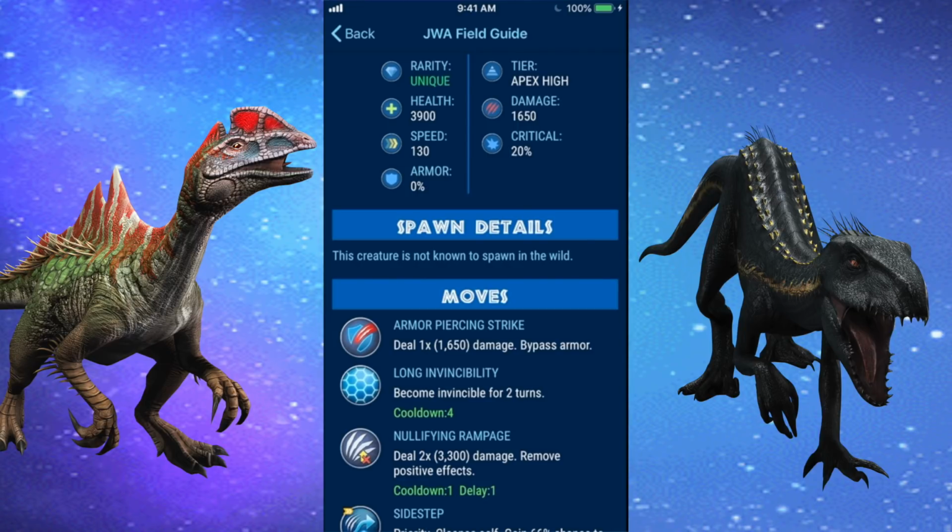But where it kind of suffers is it only has two offensive moves, which I think hurts it a lot. It's able to nullify and rampage, which is great and all, but everything that affects isn't really top tier. And then the one dino it does affect that is top tier, it still loses to, which is Indoraptor